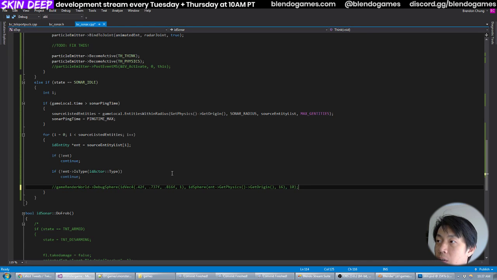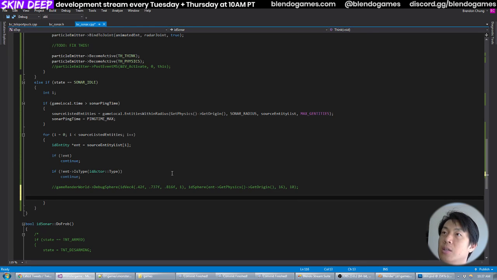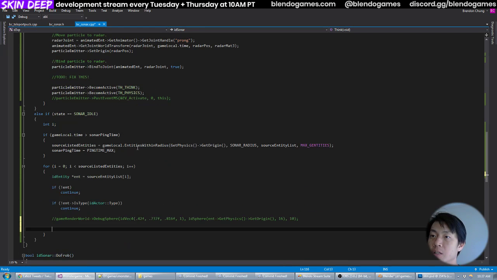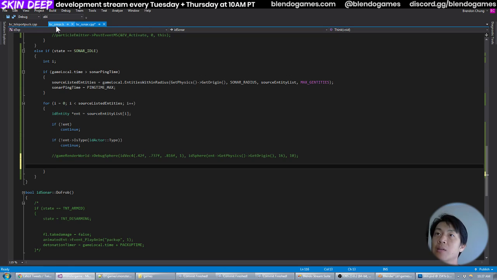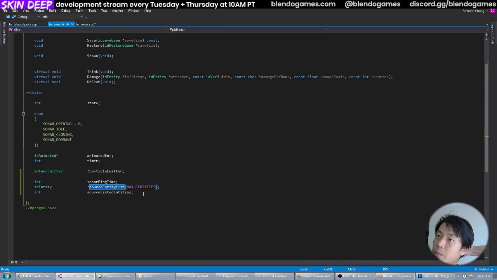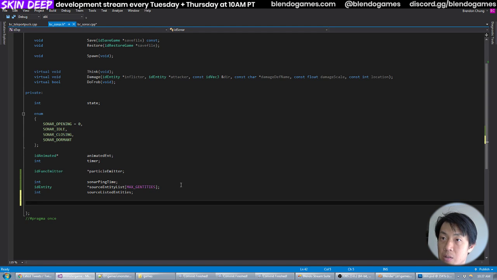Let's try to get more. Let's try to see if we can get the location of its different joints and draw things there. I think that might be the best way to do this is to make a new function. Let's just draw marker at joint. Joint handle, joint, then